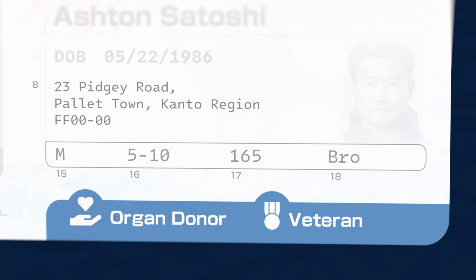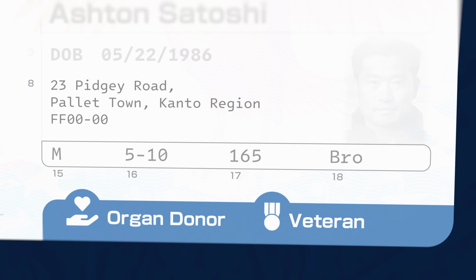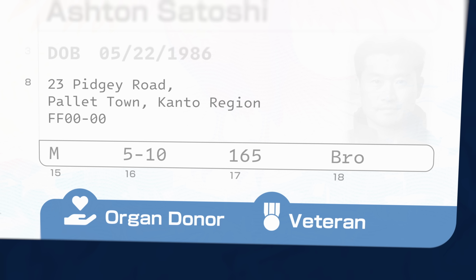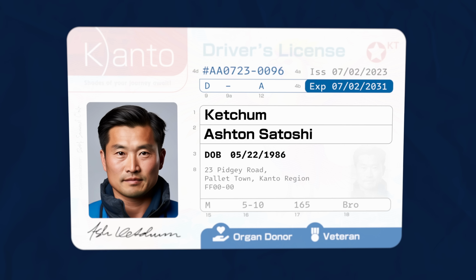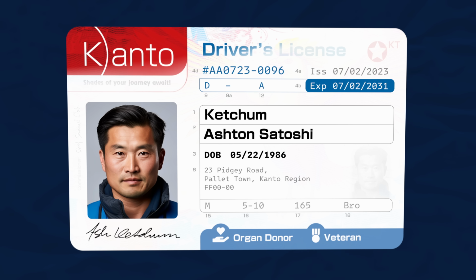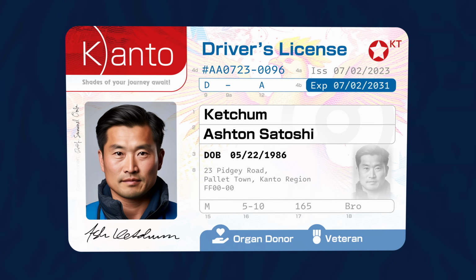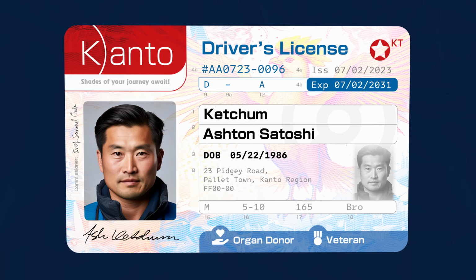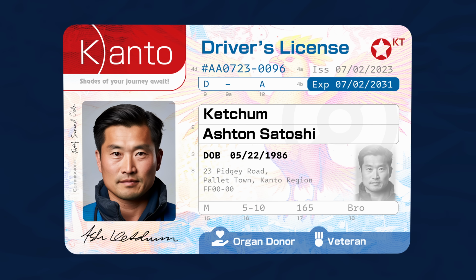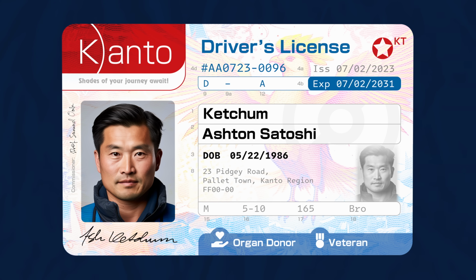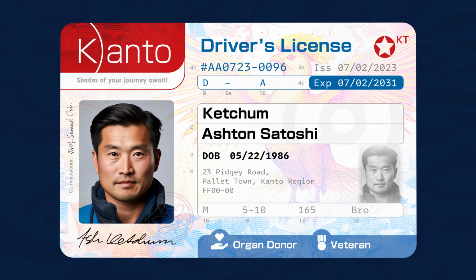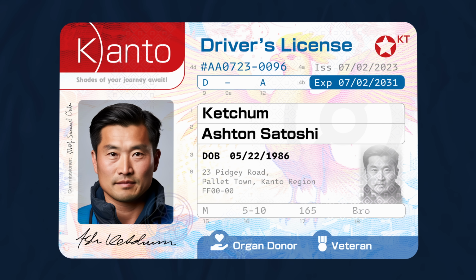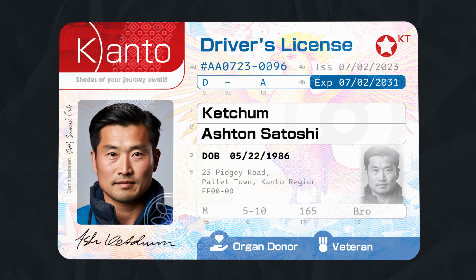To reduce visual noise, we'll use a tint of grey instead of black. By removing excess text labels and retaining only mandatory number references, which can be deciphered with a key on the reverse of the card, we'll create more white space, allowing the text to breathe and improving legibility further. Special organ donor and veteran indicators will be placed at the base of the card in blue, balancing the layout and making them easy to find. Of course, adding security holograms and microprinting will further enhance the license's integrity and protect against counterfeiting.